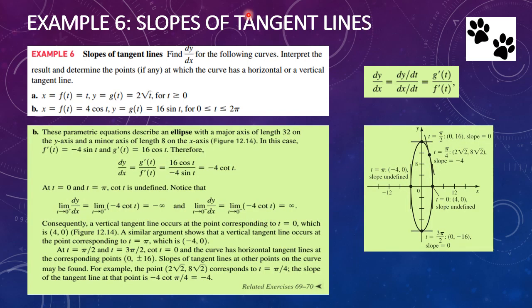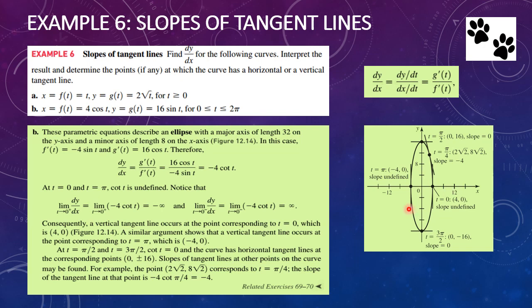In part B, we're going to do a similar thing and then interpret it, okay? So these parametric equations describe an ellipse that you can see in the green figure to the right. Specifically, x equals 4 cosine t and y equals 16 sine t for t between 0 and 2 pi. The ellipse has a major axis of length 32 on the y-axis and a minor axis of length 8 on